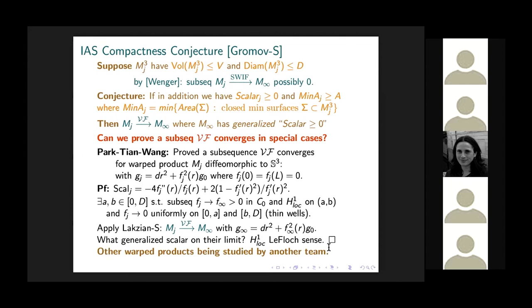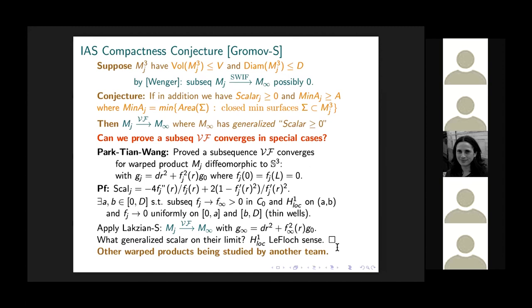Other warped products are being studied by another team. This isn't the only possible warped product. This is perhaps the simplest one to be diffeomorphic to S^3, but there are certainly many other manifolds that could be made out of warped products. And so other warped products are being studied by another team, and they are checking to see if they could get the same convergence. The key idea in